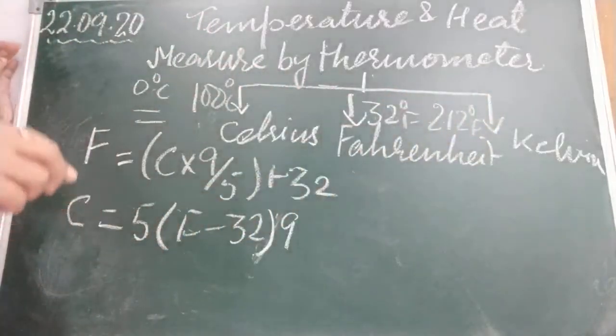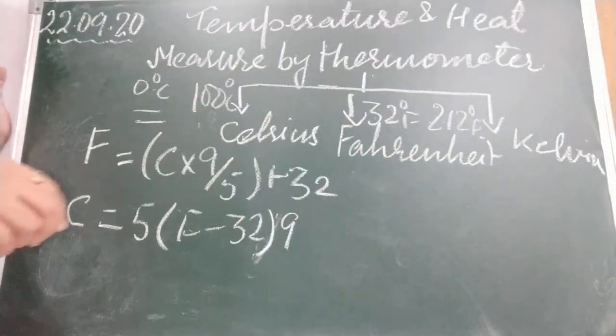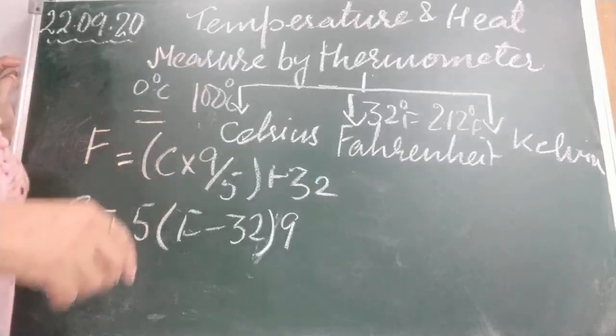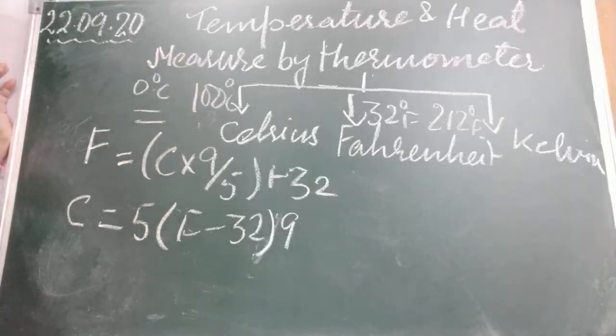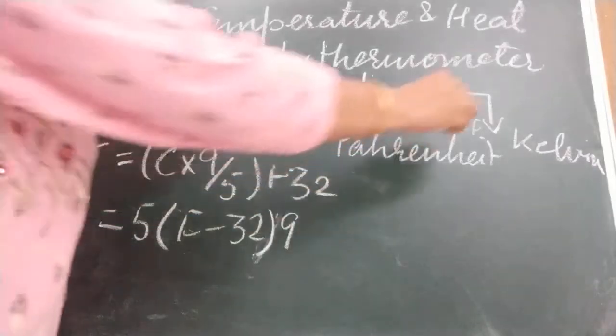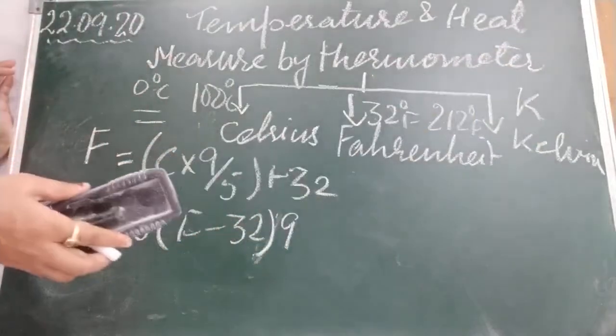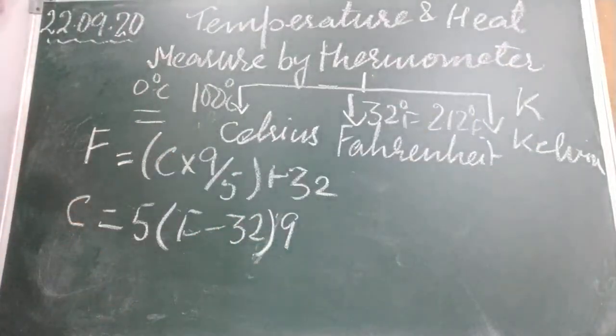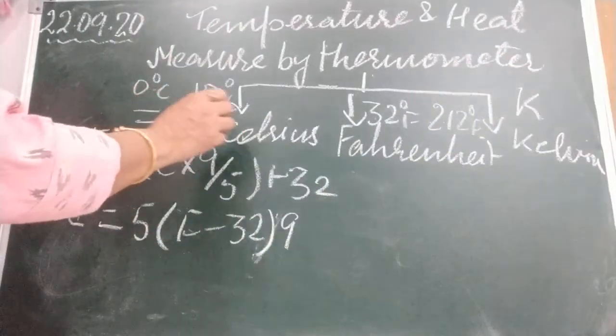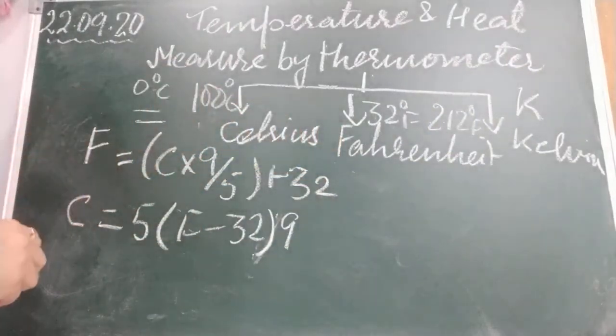Okay. The Kelvin scale is not given in the book, but why I am telling you is because we use the Kelvin scale as the standard unit. Its symbol is capital K, and it is a standard unit of temperature. Temperature, as I told you, Fahrenheit and Celsius we take in.